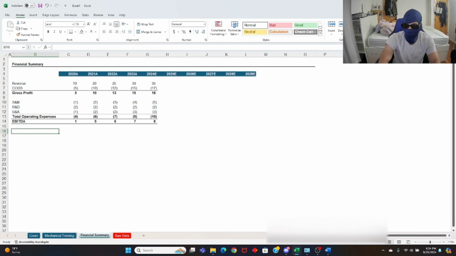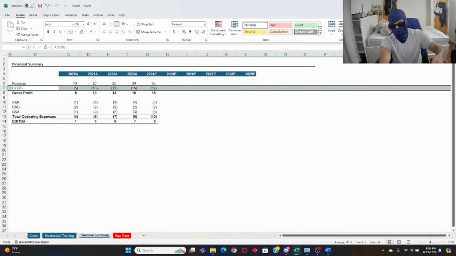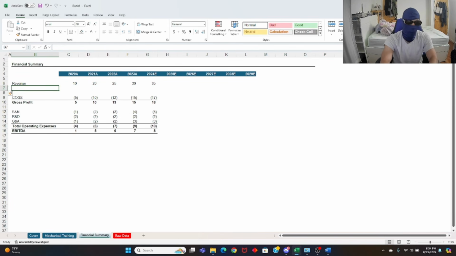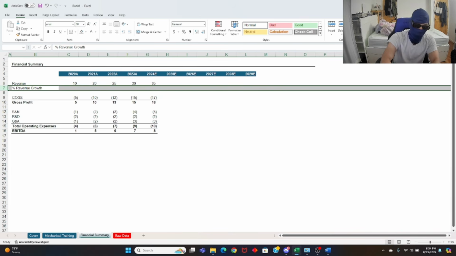So what are we going to do now? We're going to do this repetition, but we're going to build some complexity here. So what are we going to do? We're going to insert a new row. Shift, spacebar, hold shift and control, plus. We're going to build out revenue growth, right? Percentage, how much is revenue growing by? Percentage of revenue growth. We want to italicize this whole column, right? Because every number we want here will be italicized. We don't want to go cell to cell and italicize. We want this whole thing to be italicized. So shift, spacebar, control, I,